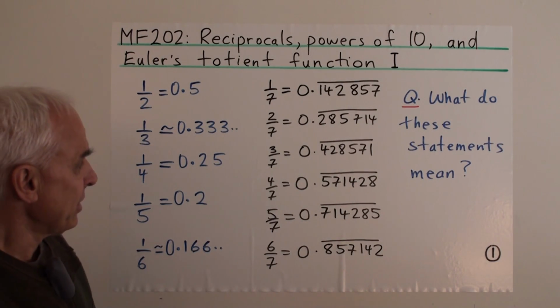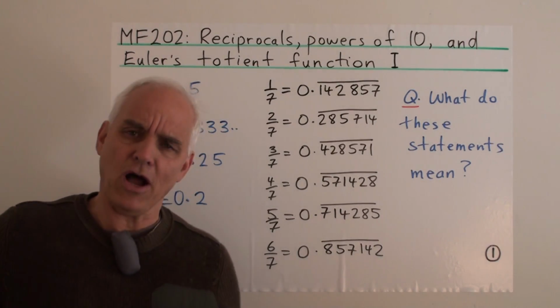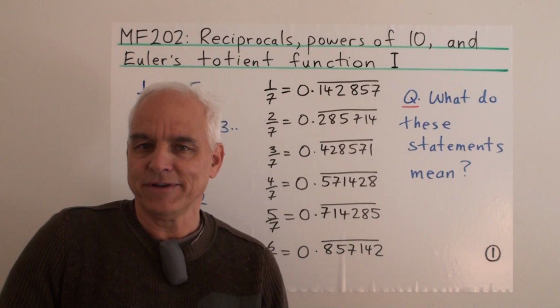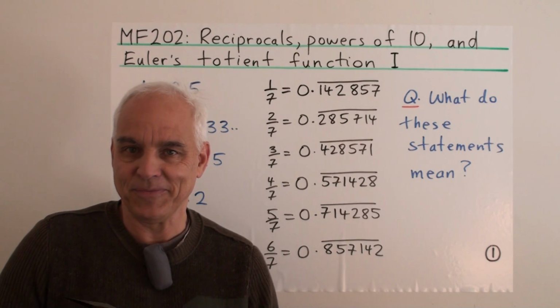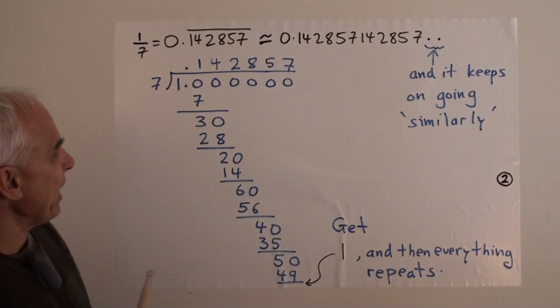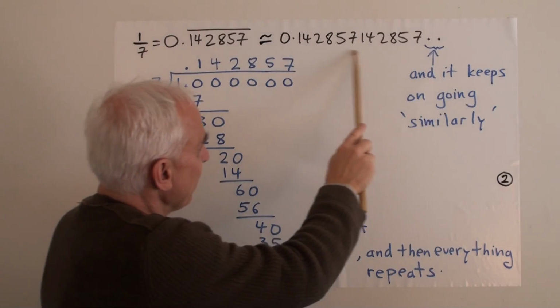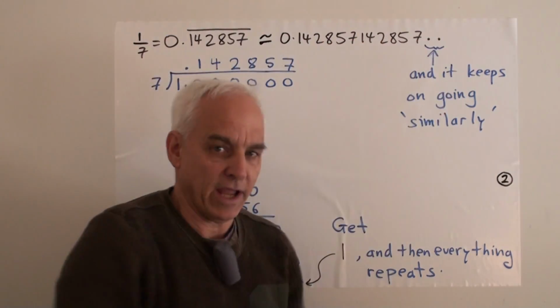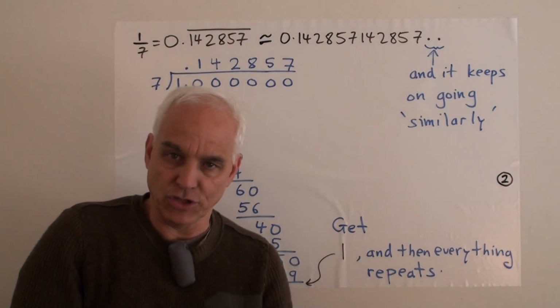So a natural question is, what do these things actually mean when we write down something like this? What exactly are we talking about? Because it's not a standard decimal kind of number, as we've talked about in previous videos in this series. Okay, to make sure that we're all on the same page, this 1/7, which is 0.142857, which we can think of as the same sequence repeated over and over again as far as we want to go, is generated by doing long division, of course.